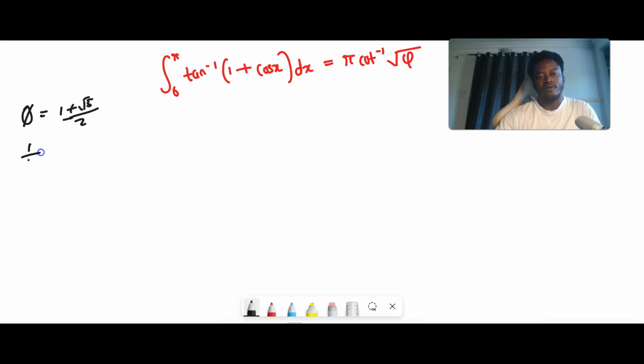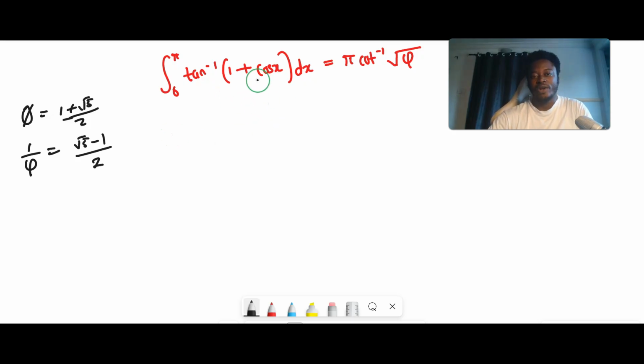Then you would have 1 over phi to be square root of 5 minus 1 divided by 2. So this is more like the conjugate of the golden ratio. But you see how beautiful this integral is. It's quite connected to the golden ratio and even features a pi. But it is quite intimidating because of the 1 plus cosine x, but this can be taken care of